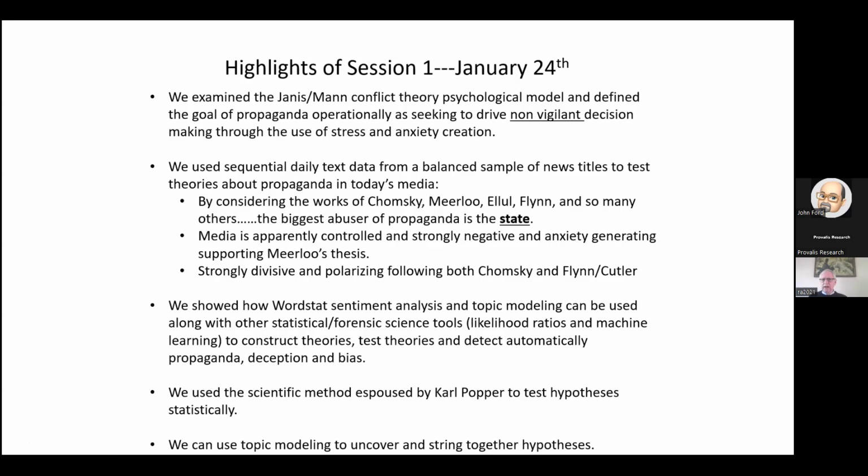Now, what we did last time is we looked at sequential data, and I talked a lot about daily posts, either on browser searches or in social media, in that you can get patterns, especially with that. And we talked about using those to test hypotheses. So we spoke quite